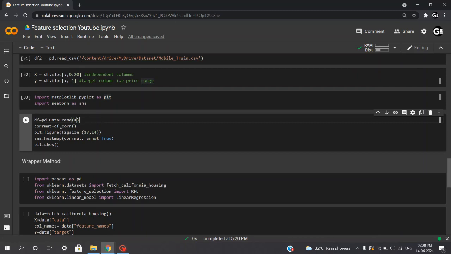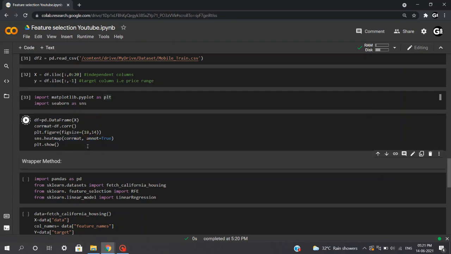For that purpose, we'll be executing df.corr, where df is the data frame of our variable X, which includes the independent columns. Now df.corr extracts the correlation between features and saves it in corr mat. We'll set the size as an 18 by 14 image and we'll plot with seaborn, executing sns.heatmap on corr mat, keep our annotation as True, and execute plt.show.